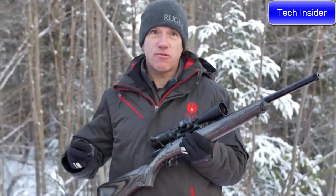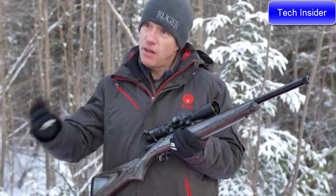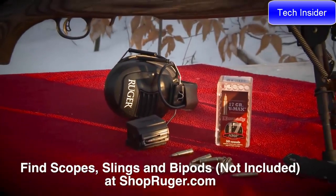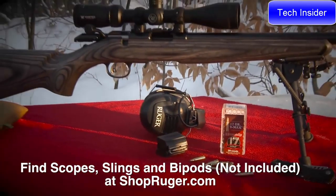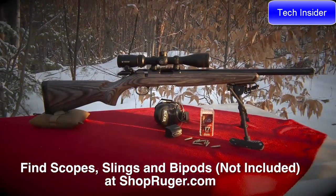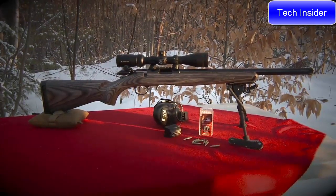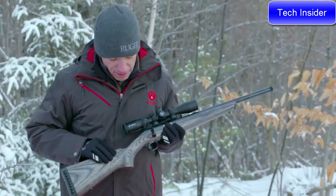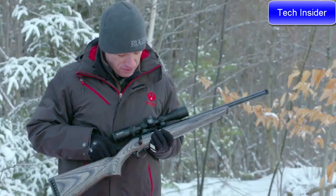So it takes the great features of the Ruger American centerfire rifles, puts them in the rimfire, with the added bonus of 10/22 style magazines. So available in .22 long rifle, uses a 10/22 magazine, and also available in .22 Mag and in .17 HMR like this model. So this new target model features a soft rubber butt pad, this nice laminated stock, tang safety,